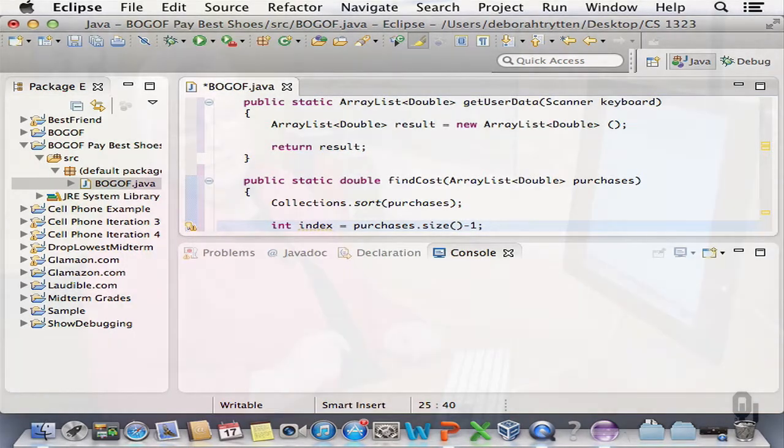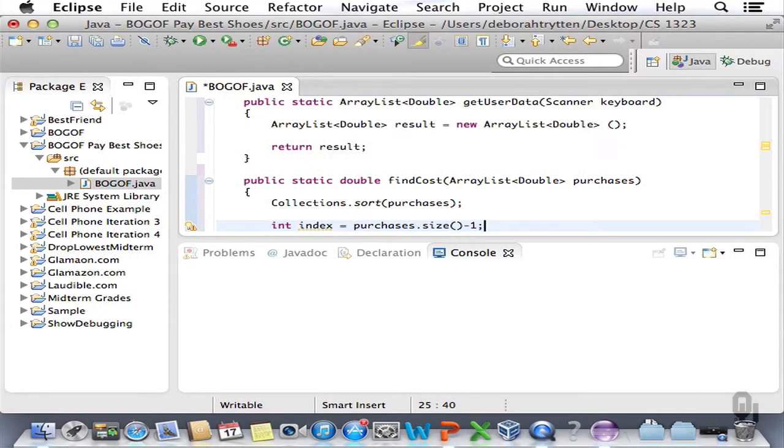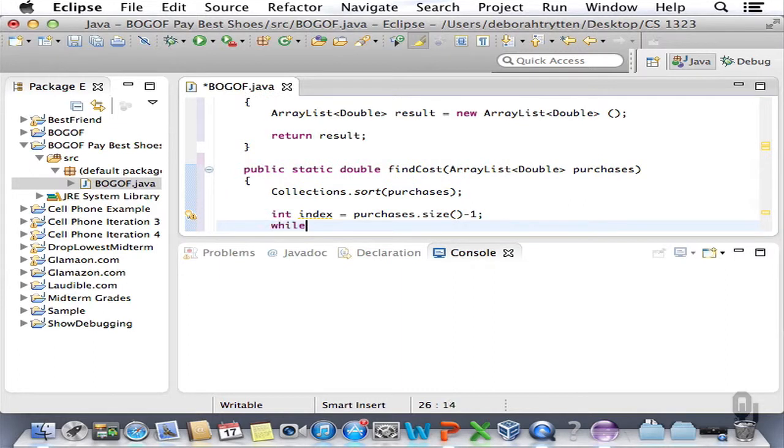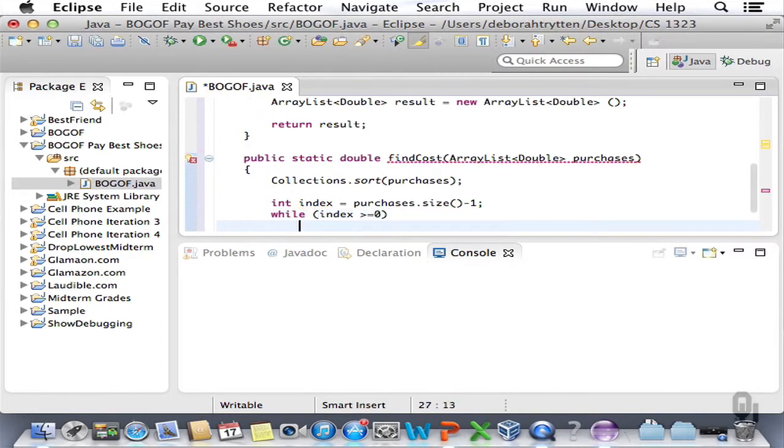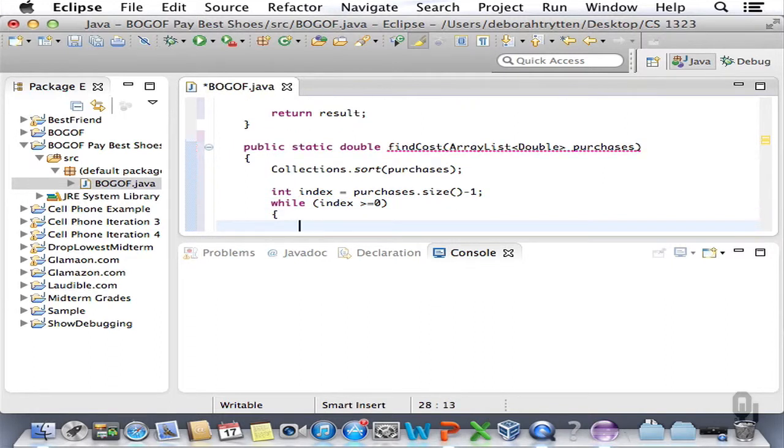Now that minus 1 is easy to forget. Remember that size is unit indexed. That is that it counts the number of elements that are in the array list. But unfortunately, the elements themselves are 0 indexed. And so we always have to subtract 1 in order to get it started in the right direction. So while index is greater than or equal to 0,